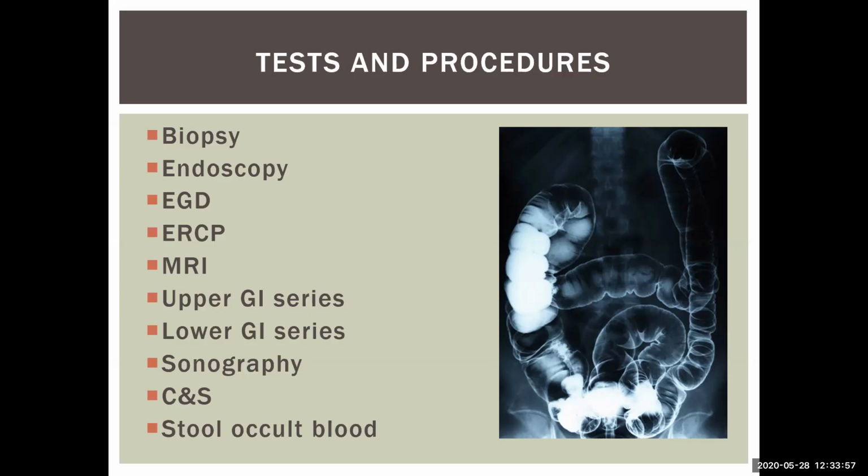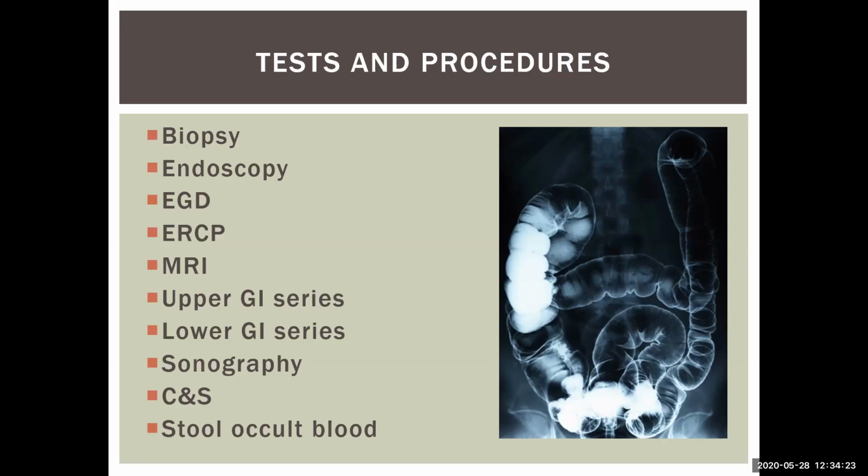So an EGD is esophagogastroduodenoscopy. So that means it goes down the esophagus, looks into the gastro and the duodeno. So that tells you how far it goes. So people say EGD because it's easier. And then we have an ERCP, which is an endoscopic retrograde